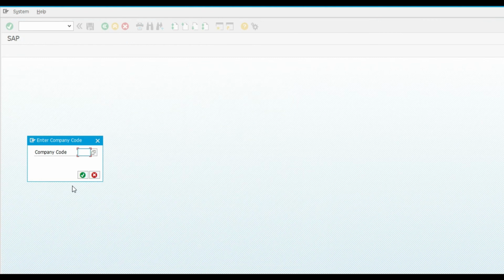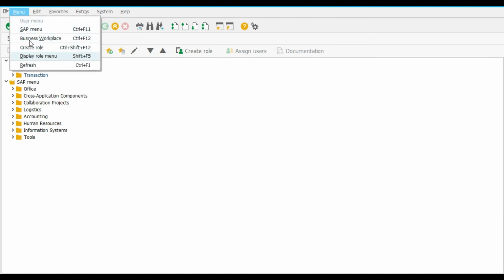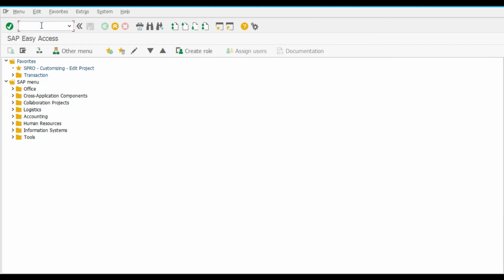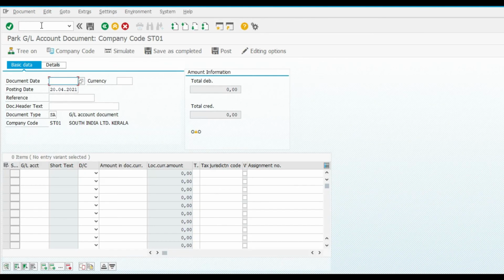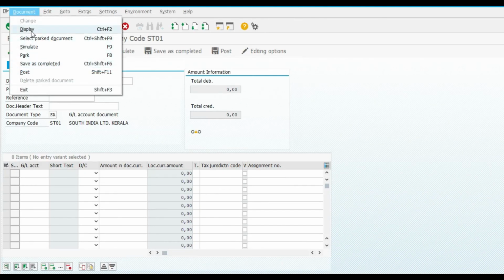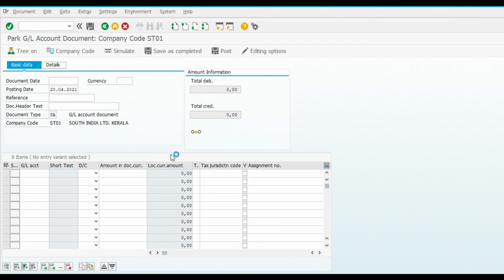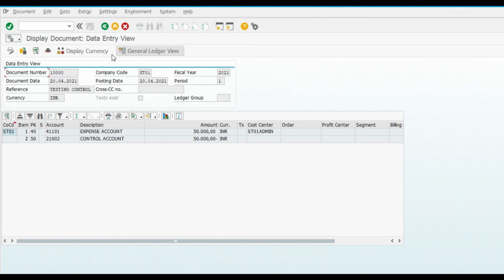Now our document has been posted. Now FV50 ST01 document display. So this is a document which is getting posted with the default cost center.